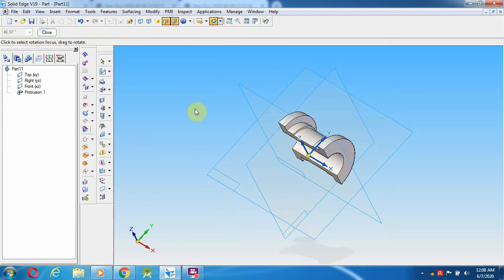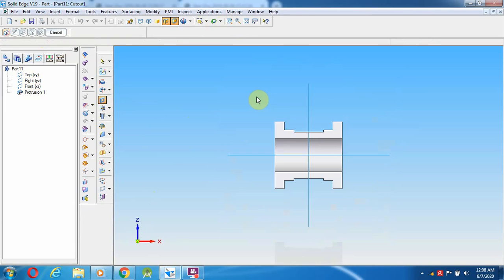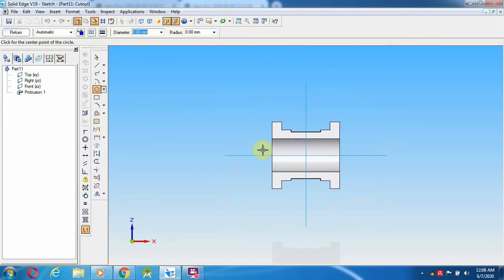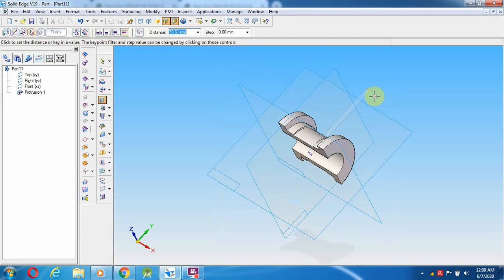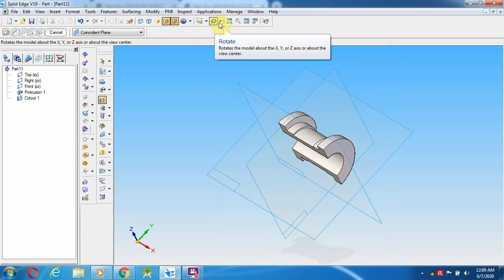This is the plane, and only then does the hole come over here. Go to cutout. This is the plane I am going to select. Going to give 4 mm. So this 4 mm hole is created, give return. So throughout, and right click.